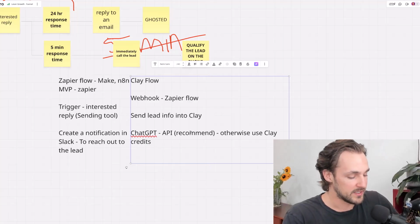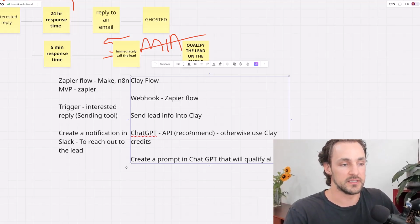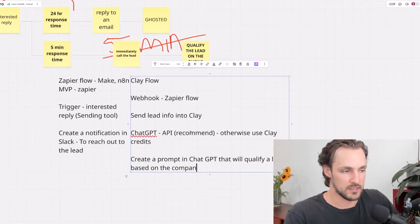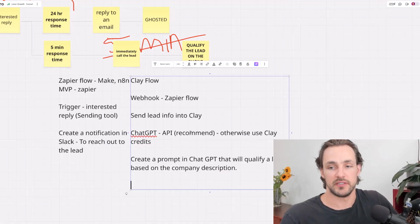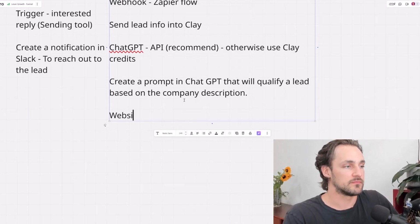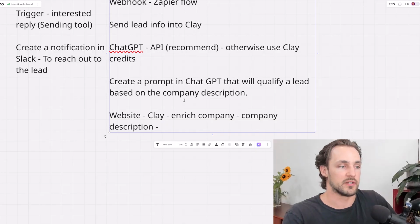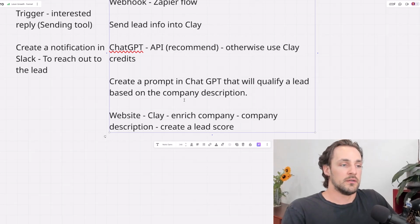So what you want to do is create a prompt in ChatGPT that will qualify a lead based on the company's description, right? So when you're actually generating a lead, usually you'll have their website. And so what you can do inside of Clay, so you'll enrich the company, and that'll give you the company description, which will then be used to create a lead score based on